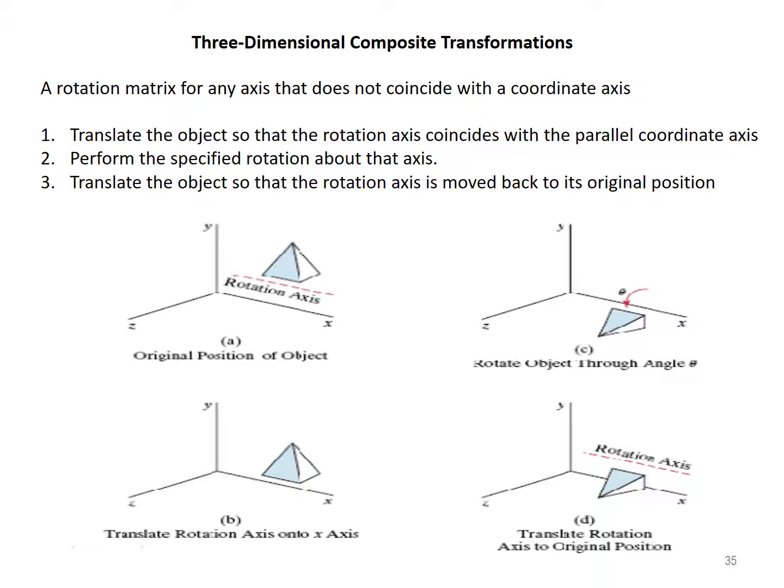Three-dimensional composite transformations. To obtain a rotation matrix of an object which rotates with respect to an axis that does not coincide with the coordinate axis, we have to follow the below 3 steps. Firstly, translate the object so that the rotation axis coincides with the parallel coordinate axis, and then perform the specified rotation about that axis, and then translate the object so that the rotation axis is moved back to its original